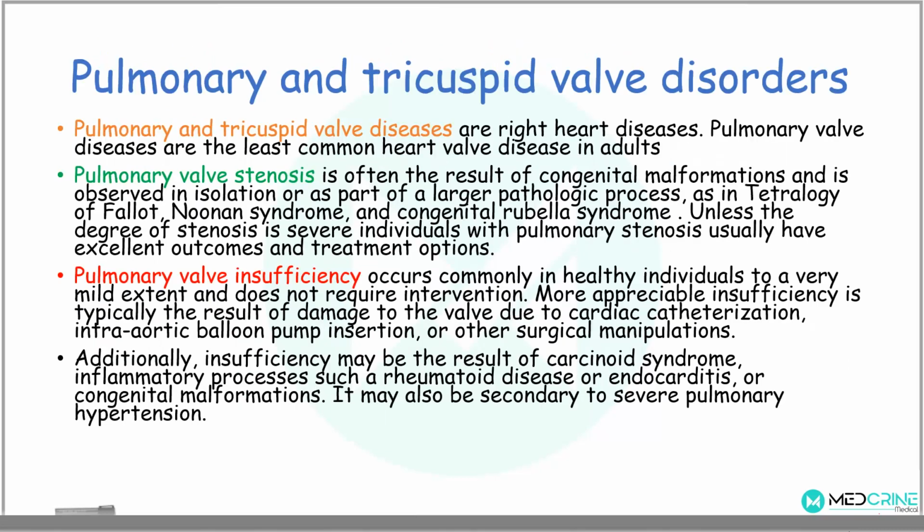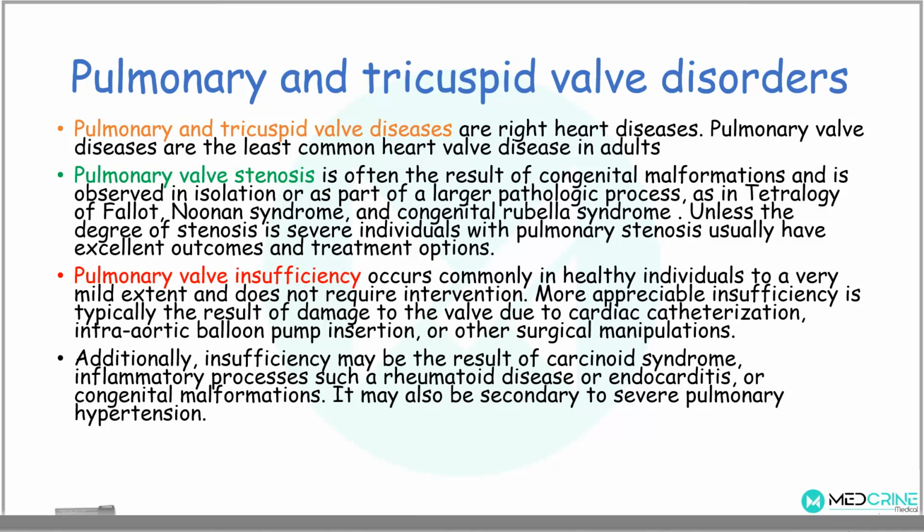The third type of valvular heart disorders are the pulmonary and tricuspid valve disorders. The pulmonary and tricuspid valve diseases are known as right heart diseases. A pulmonary valve disease is the least common heart valve disease in adults. And pulmonary valve stenosis is a result of a congenital malformation and is observed in isolation or as part